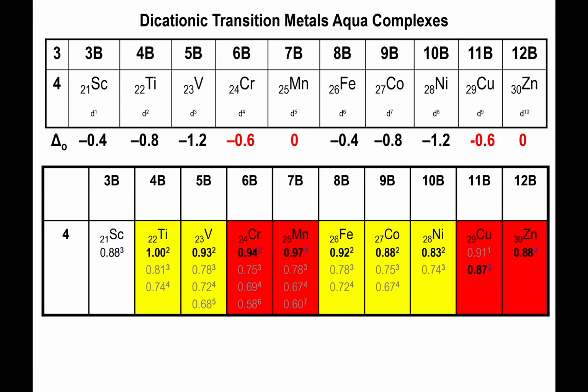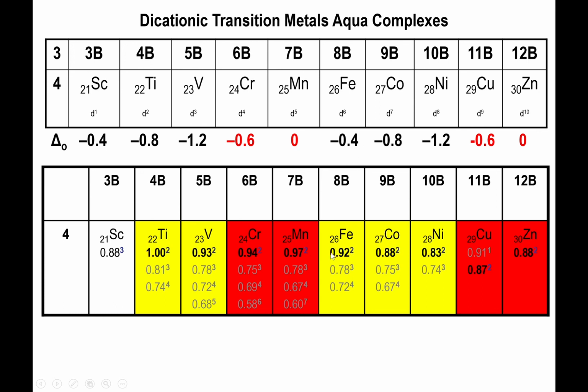this matches up really well with the ionic radii of the 2 plus ions. So if you look at the 2 plus ions, so here is titanium 2 plus, vanadium 2 plus, where the superscript represents the 2 plus charge of the metal. What you could see is a decrease in the ionic radius as you go from left to right, but by the time you get to chromium, the ionic radius goes up because the stabilization energy is not as negative. And when you get to manganese, you go up to the highest value because you have no stabilization energy present for manganese 2 plus. By the time you go to iron, now you have a more negative stabilization energy, so